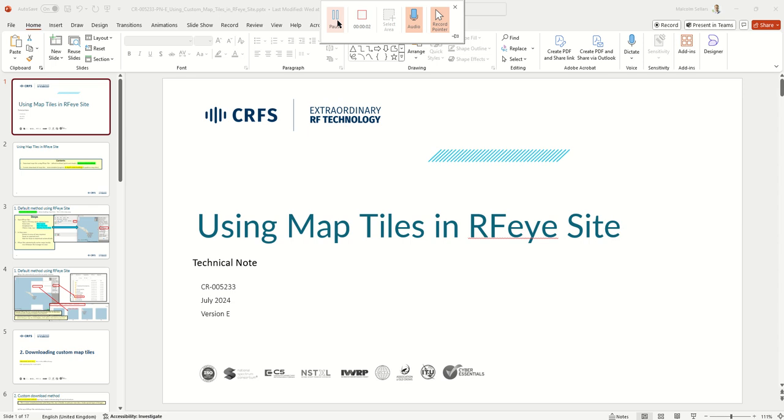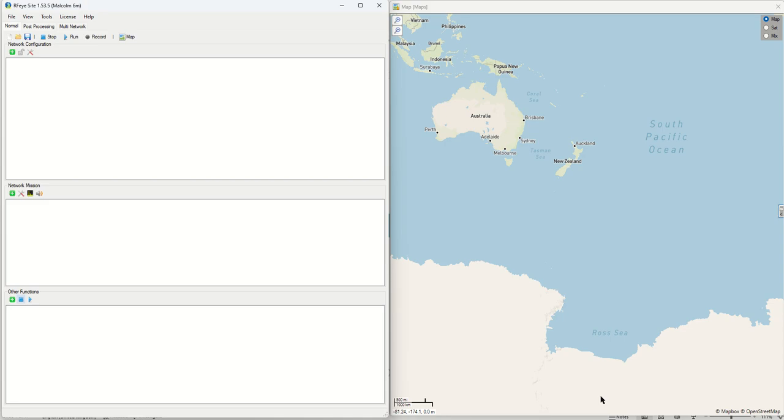Good morning, viewers. Today I'm going to tell you about using offline map tiles in RFeye Site, and that's really useful if the computer you're using doesn't have online internet access all the time and you need to use the maps offline. So what I'm going to do is move over to RFeye Site, and you'll be